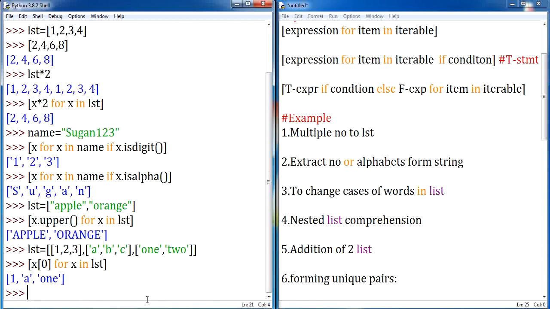So if you are implementing it this way, you can notice that 1 will be extracted from the first sublist, A will be extracted from your second sublist, and ONE will be extracted from your third sublist. Clear? This is how to access your nested sublist. I hope you are clear with this example, and next we'll move to the next one,